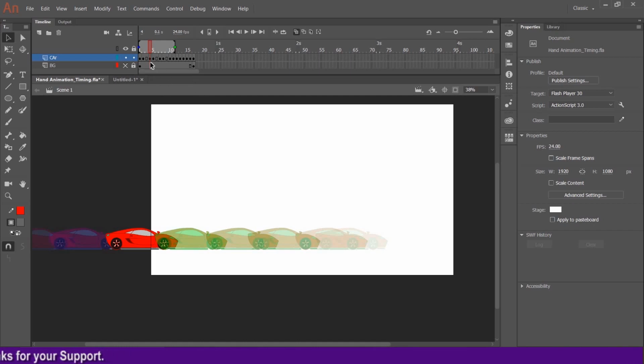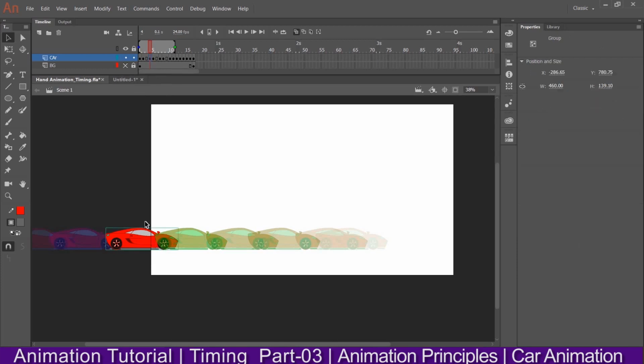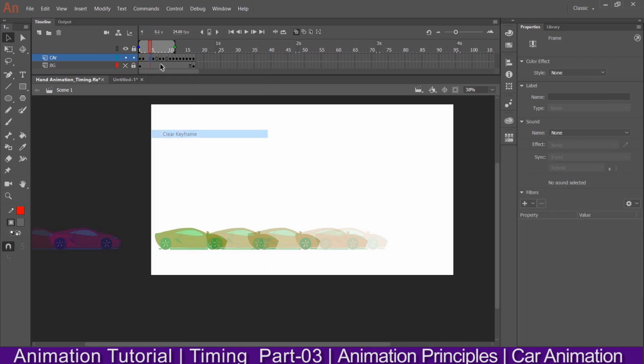Okay, so if I want to remove some drawing, maybe this one, I'll delete this. Okay, and clear frame, then I'll put it over here, and this one I'll drag a little back. Okay, and this one also I'll drag here.